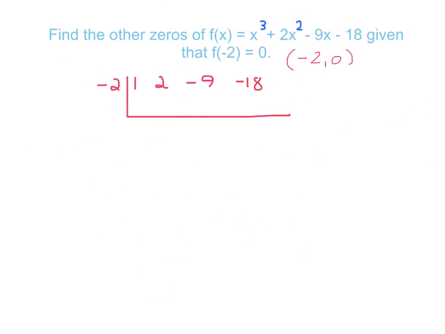I should end up with a 0 here if this is the case, because I know that that is the point. So I'm going to bring this down, multiply, I'm going to multiply and put it in here, add,